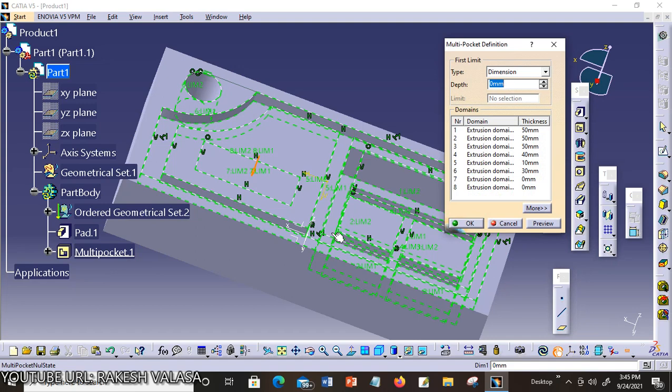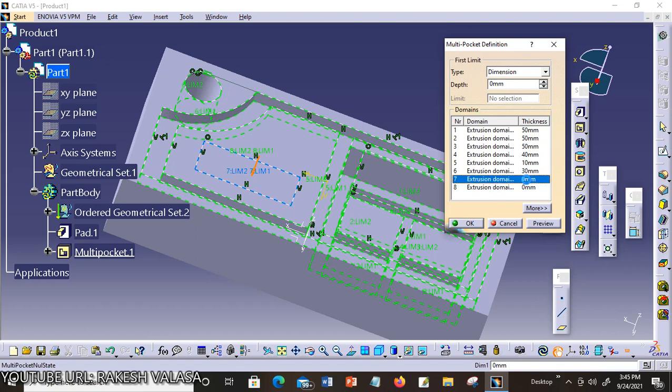When sketching a profile inside an existing extrusion domain, the application deletes that existing domain and replaces it with a new one. This is why the message window displays: first, extrusion domain deleted, second, extrusion domain created. Here two extrusion domains are added.